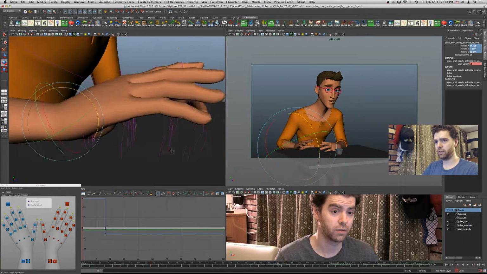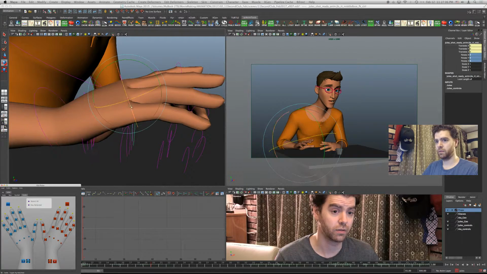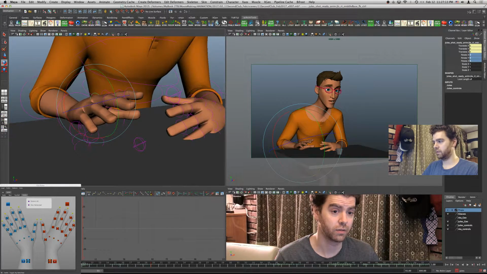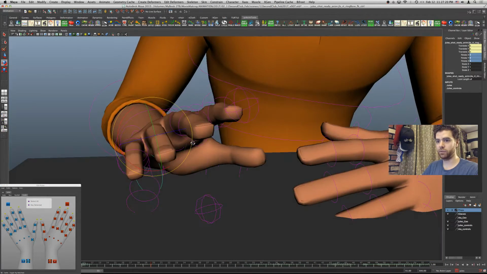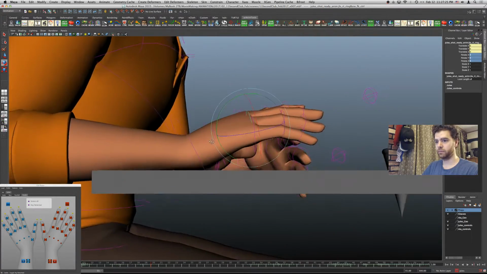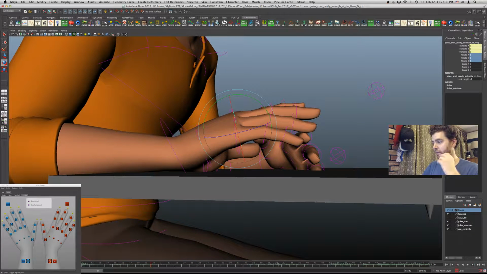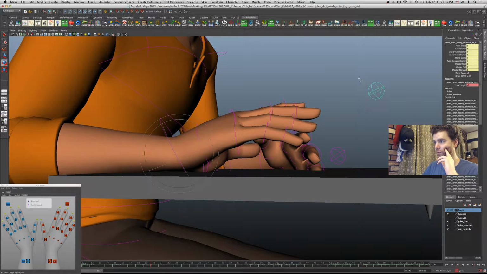Oh, why did that break? Oh, weird. Okay. Did these disconnect from the... No. Okay, that was scary. See all my little controls are popped off there. And I think I'm going to do the opposite of what I said before. And I'm going to use some of these master controls.